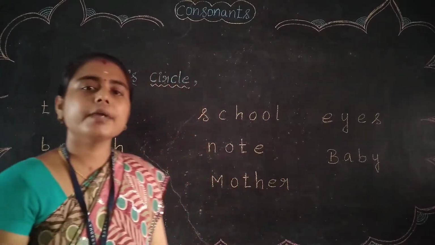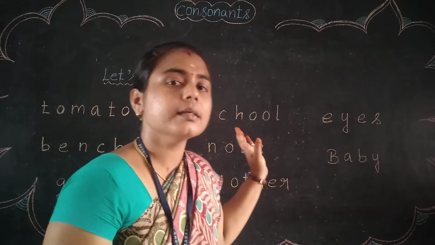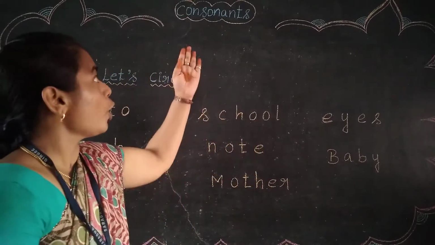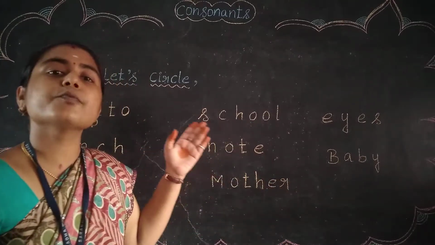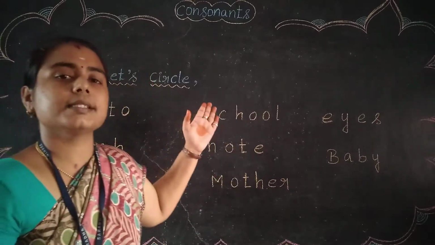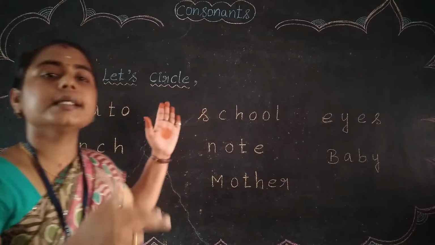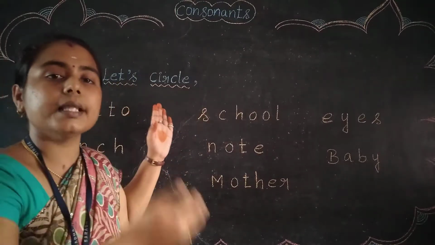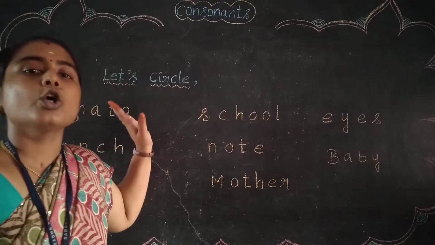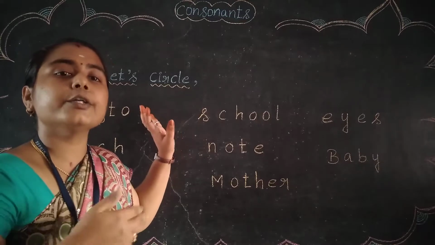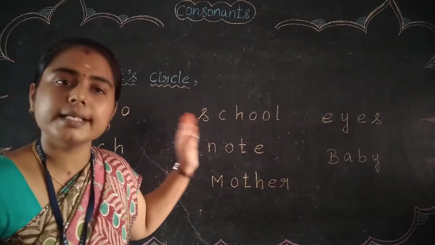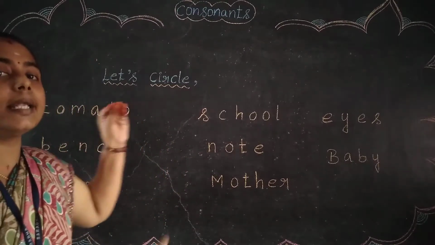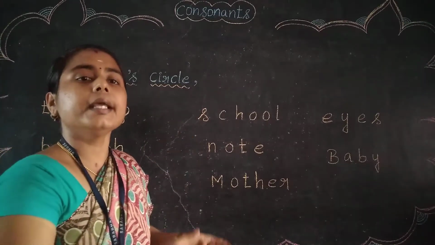In this session, we are going to learn consonants. What? Consonants. Yes. This is the opposite of vowels, right? The letters in the alphabet other than the vowel letters are named consonants. So the remaining letters, other than the vowel letters in the alphabet, are known as consonant letters, right?